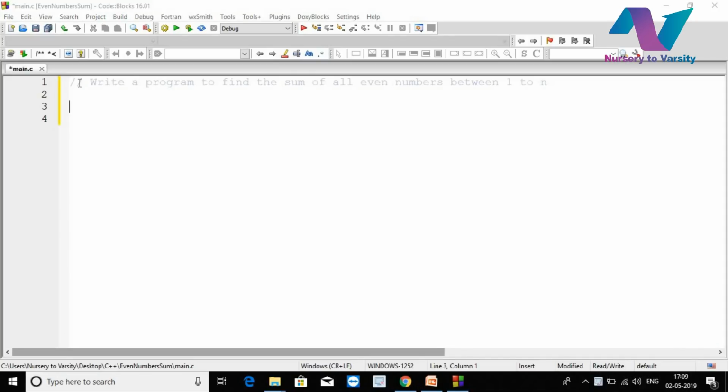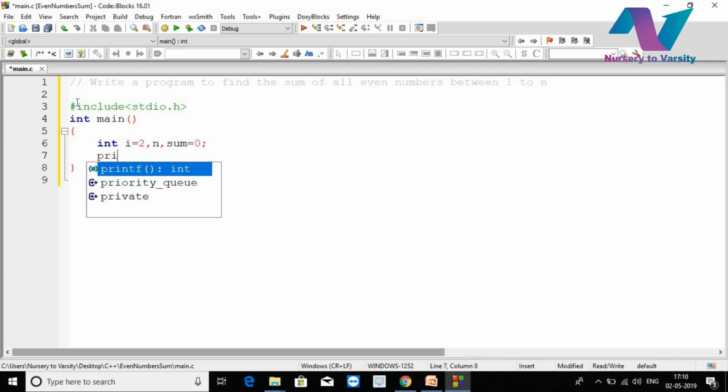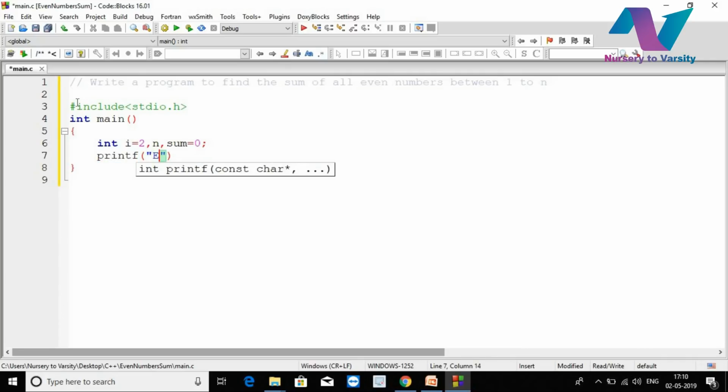So let's start coding. We will start with the libraries, hash include stdio.h, then int main. We need the variables i, n and sum. So int i, comma n, comma sum. Let's initialize here only sum is equal to 0, and what we have learned, that i is equal to 2. Now let's take input from the user, printf, enter a number,